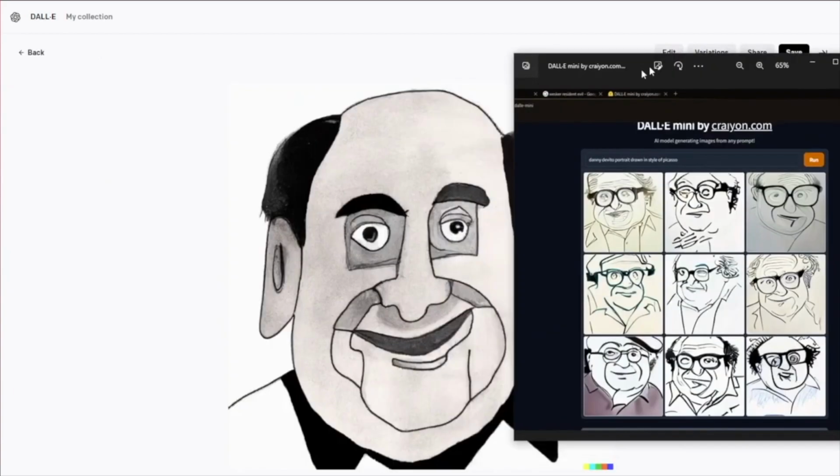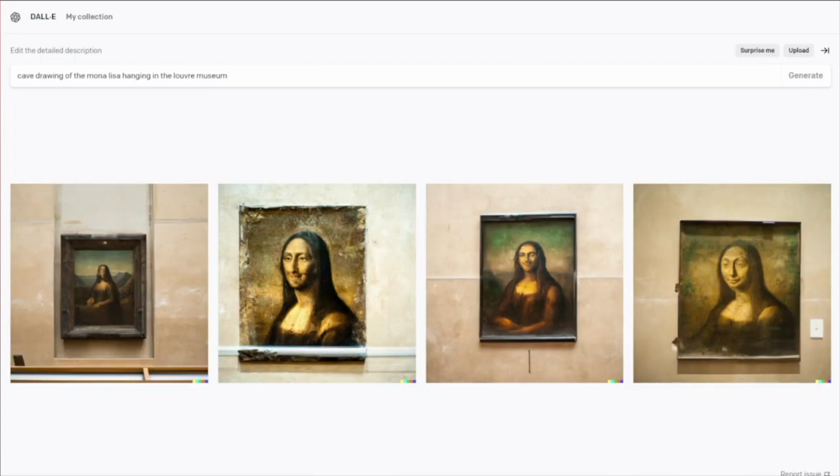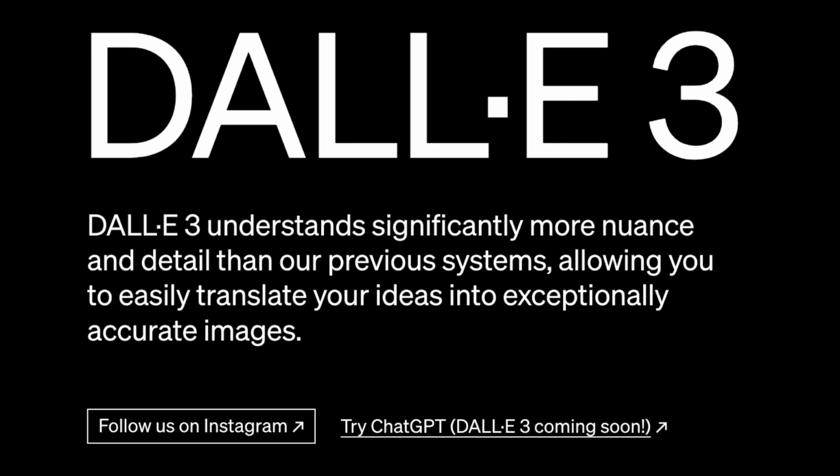And when I was making that video, DALL-E 2 was the best image generator at the time. I know there are a lot of other apps out right now and other programs like Stable Diffusion, but DALL-E 2 was what everyone was trying to copy. Now I think it's actually regressed because here's what it gave me after I looked up picture of Cartman in the woods. Fast forward to now, and they're starting to roll out DALL-E 3, and to put into perspective how